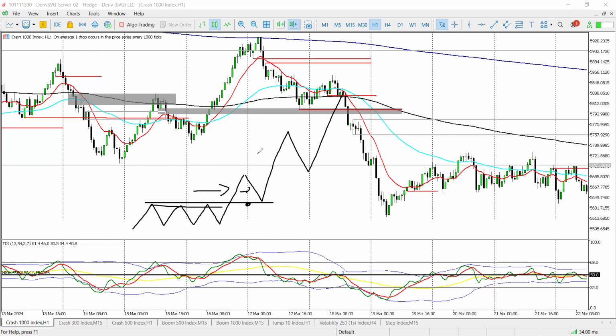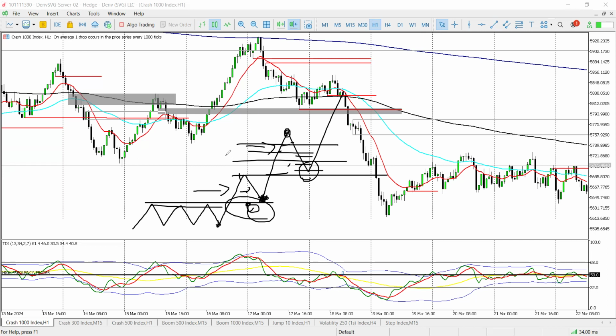This is your pullback or your retracement, another impulsive move. So you can run your fib from here to get a point of interest where you can buy from. Run your fib from here to get a point of interest where you can buy from. So price will either respect a support zone, maybe a fair value gap, maybe an order block, maybe some support zone. But as long as it's in line with some fib level and you get a nice candlestick rejecting that place,